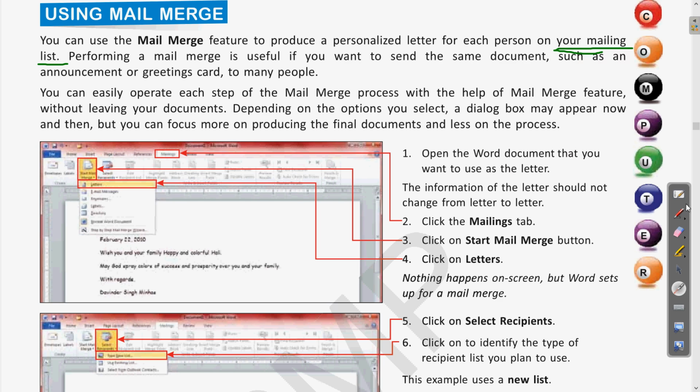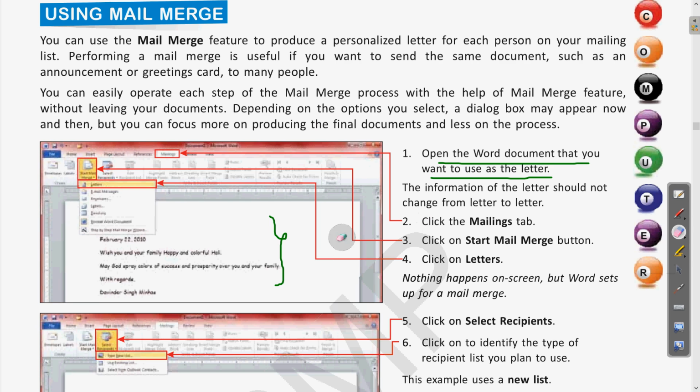So the steps are given in this book as well, so we will see the steps one by one. Step 1 is to open the Word document that you want to use as the letter. Whatever the document is, if it is an invitation letter or an announcement, first open that, or first write that document in the MS Word file, and after completing that we will follow the steps.